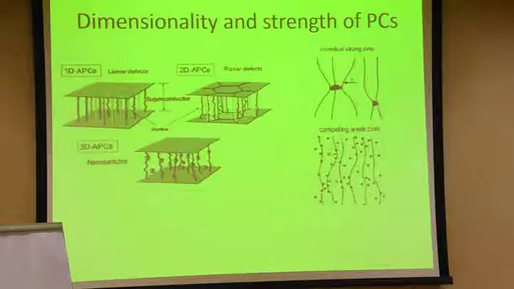Now, what can we have? We have pinning centers which can have certain dimensionality and certain strength. We can have one-dimensional artificial pinning centers, which are linear defects. We can have two-dimensional artificial pinning centers, which are planar defects. And we can have three-dimensional artificial pinning centers, which are big nanoparticles. Now, if we look at these, if they are linear defects, they can trap only one vortex line. If we have this type of